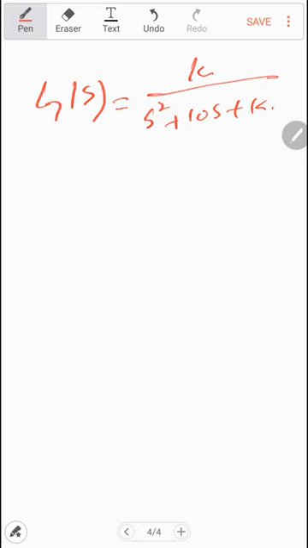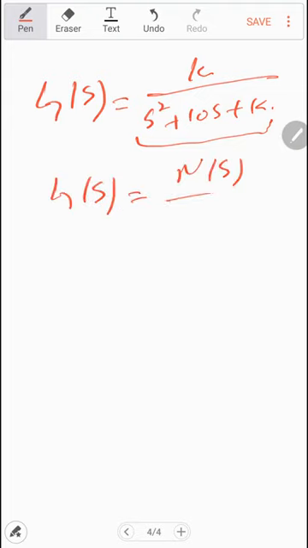So we have to change the value of K, and if you change the value of K, the location of the pole also changes. From here we can get the location of the poles from the characteristic equation, or you can say the denominator polynomial. So we know that G of S is equal to numerator polynomial over denominator polynomial. In terms of the polynomial, we can also write it like this.